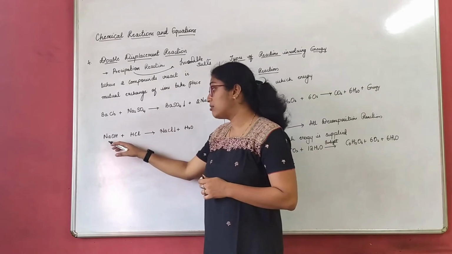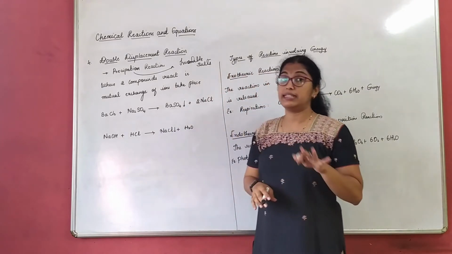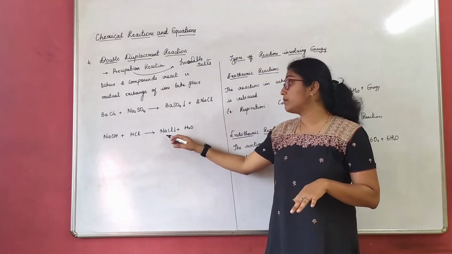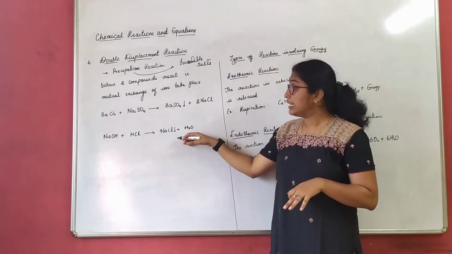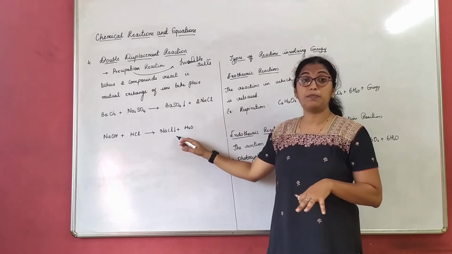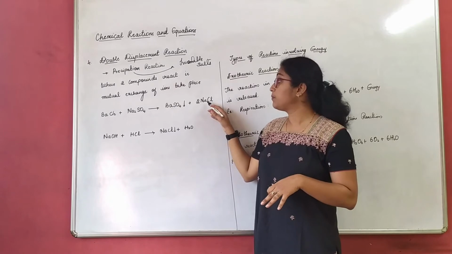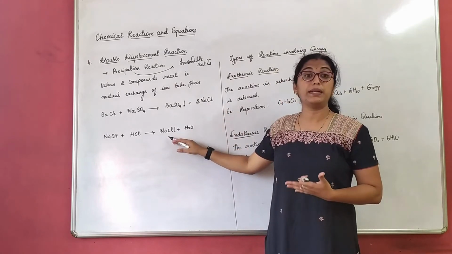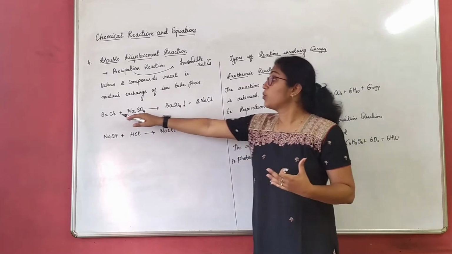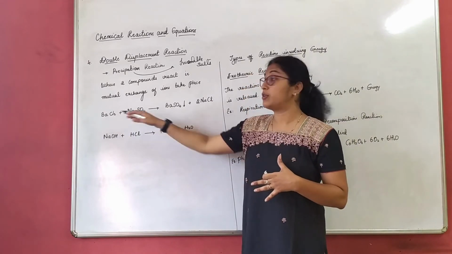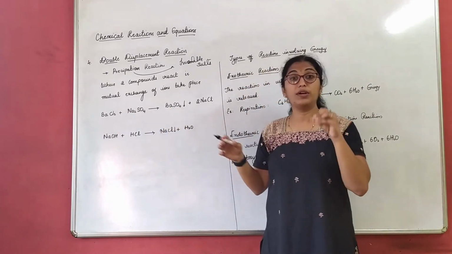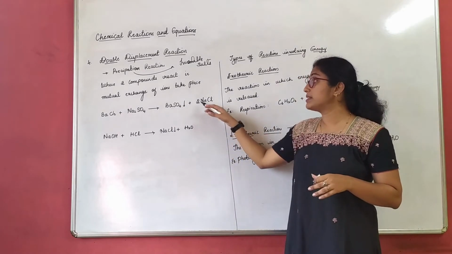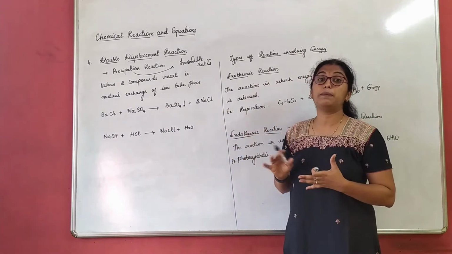When we react sodium hydroxide with HCl, we get sodium chloride and water. Here sodium chloride is not a precipitate. Now you can ask me, why is it not a precipitate here? Because when we add sodium sulfate to barium chloride, we get barium sulfate as the precipitate and NaCl will not be a precipitate there,